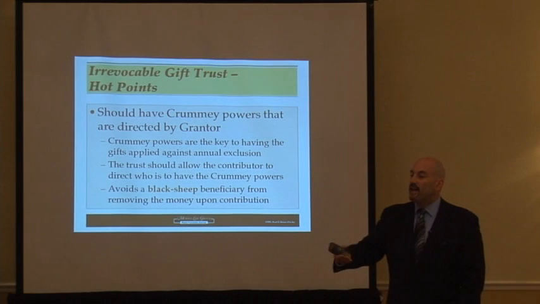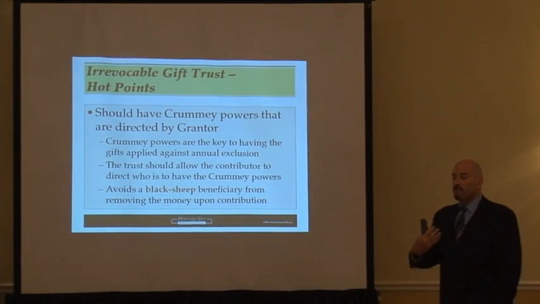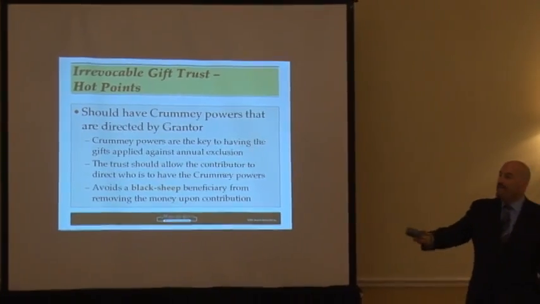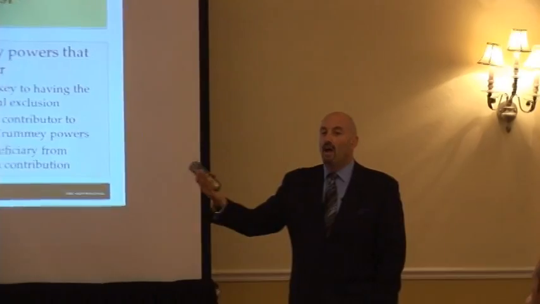the $12,000 annual exclusion. And the way that works is a person makes a contribution to the trust, and then a beneficiary is given the right to withdraw a certain percentage of that contribution, and therefore, if they have that time period to withdraw that money, it is deemed to be a gift of a present interest and qualifies for the annual exclusion gift. What happens if you have one of those black sheep beneficiaries that the big stick, little